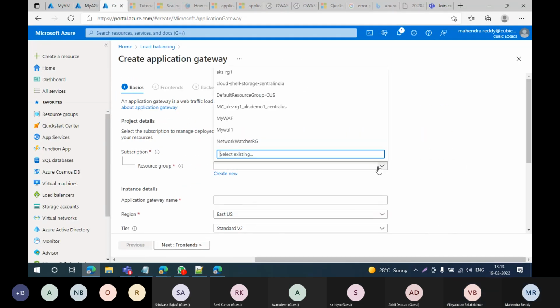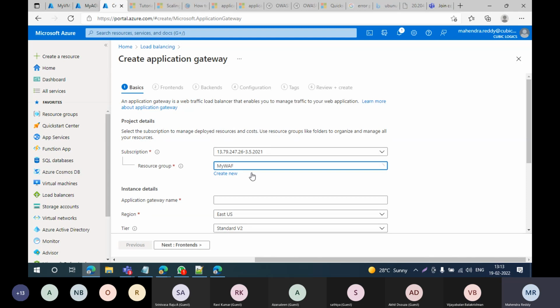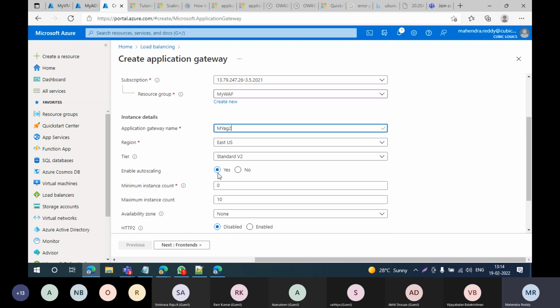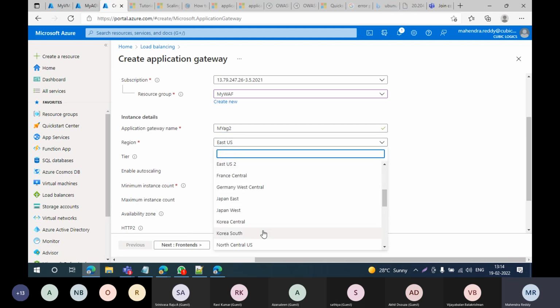You can select anything as per your wish. I already created my WAF; this is the first one I created. So we can give any application gateway name, say my AG2, and the region where you want to create. Actually, I created the resource group in Central India.